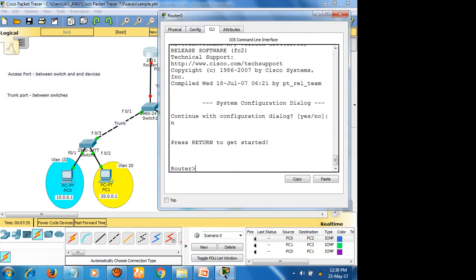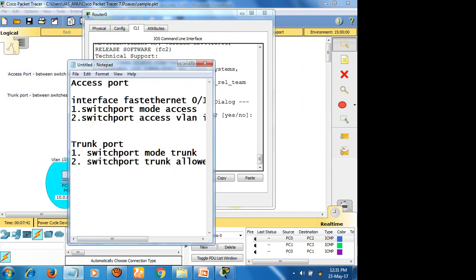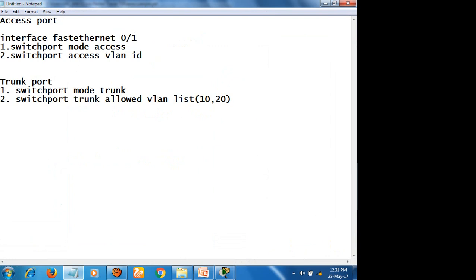Now I will configure the router, which means I will create two sub interfaces. The interface is called interface FastEthernet 0/0.10.